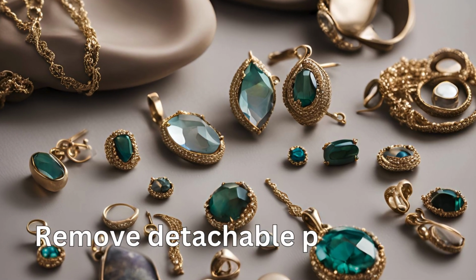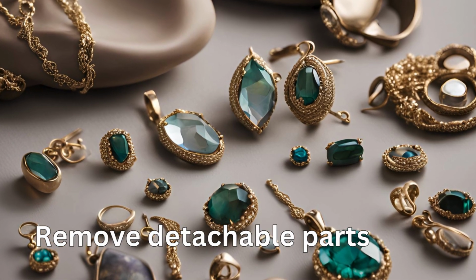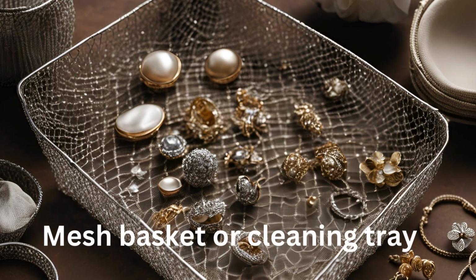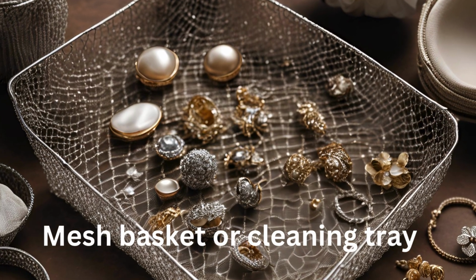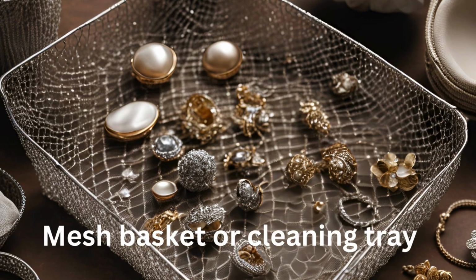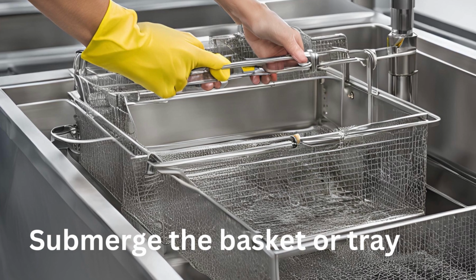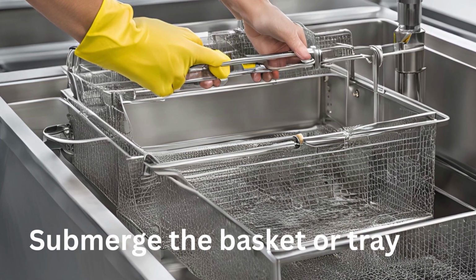Cleaning jewelry. Remove any loose or detachable parts from the jewelry items, such as stones or pendants. Place the jewelry into a mesh basket or cleaning tray, ensuring that each item is adequately spaced to allow for proper cleaning. Submerge the basket or tray into the ultrasonic cleaning tank, ensuring that the items are fully immersed in